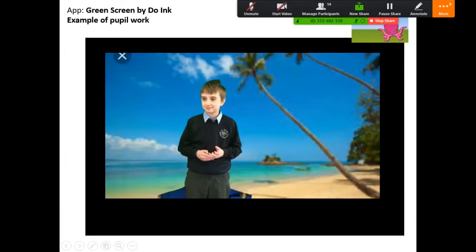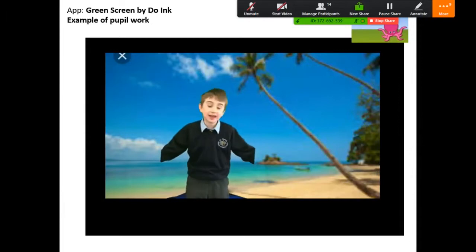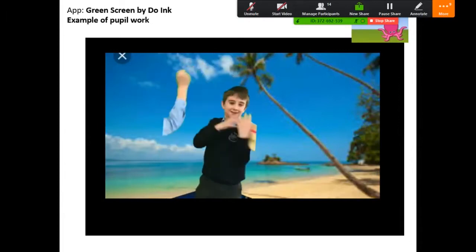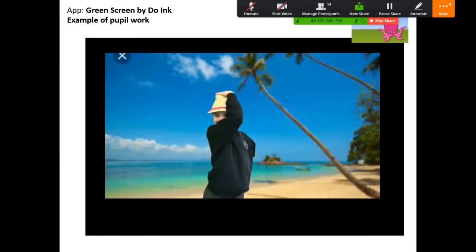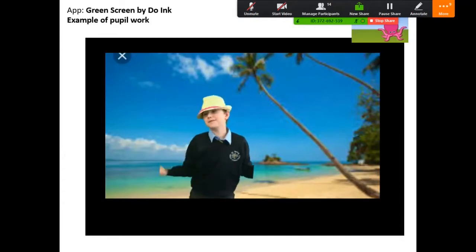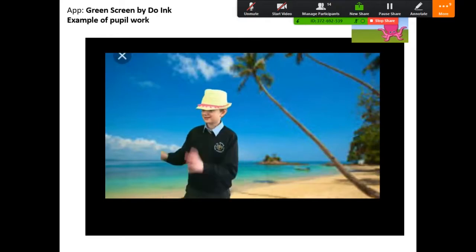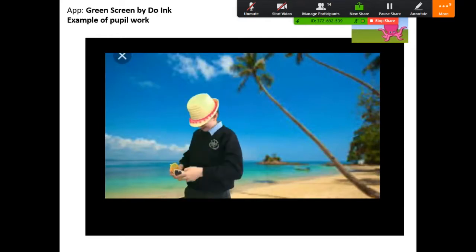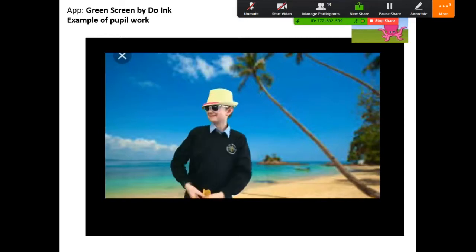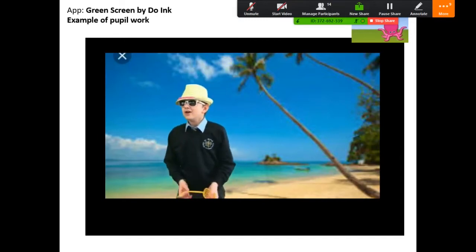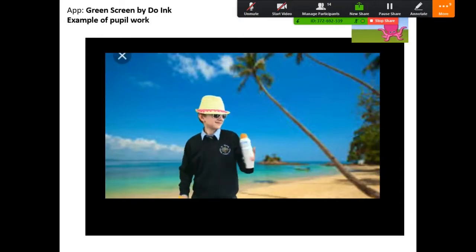Arrivez à la plage, arrivez à la plage. Mais où est ma chapeau de soleil? Voilà. Merci. Allez, arrivez à la plage. Mais où est ma crème solaire? Voilà.